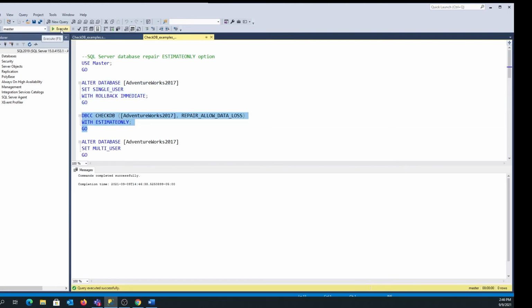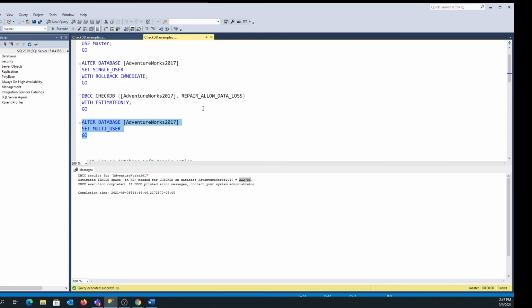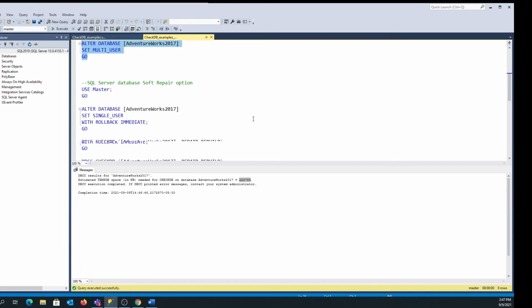And once again, the estimate only is going to tell us how much space we're going to give up on tempdb to do this. Our snapshot file is going to occupy around 230 megs based on our return here. And after doing a repair with this, we would want to put it back into multi-user mode. Now with estimate only, we didn't actually run the repair. We only did the estimate.